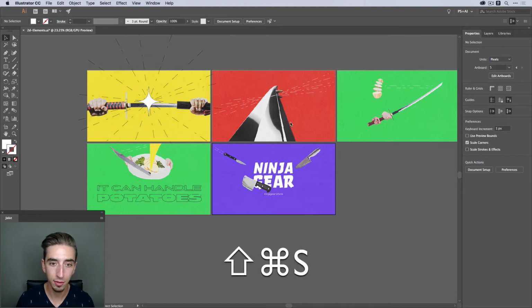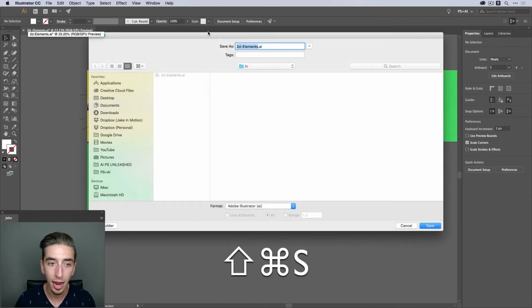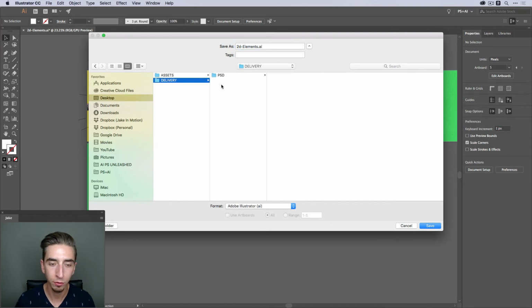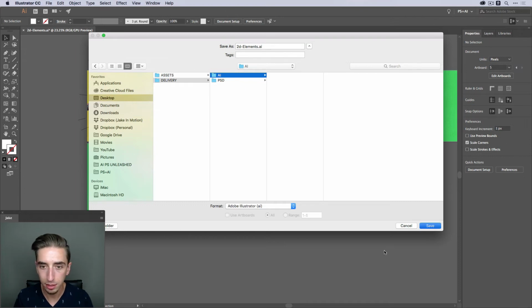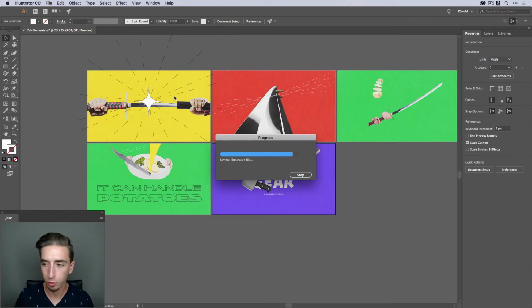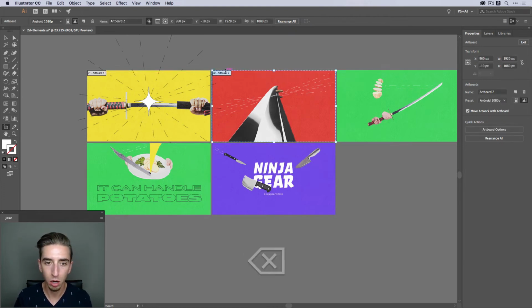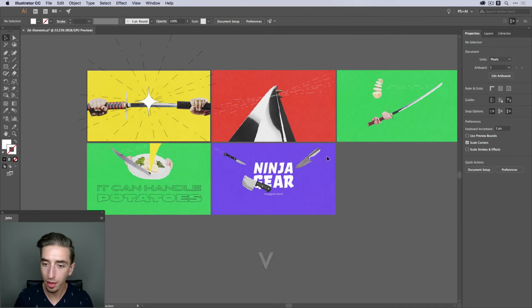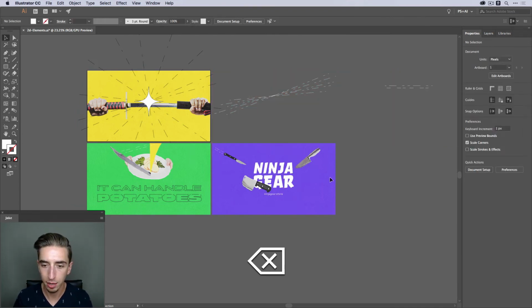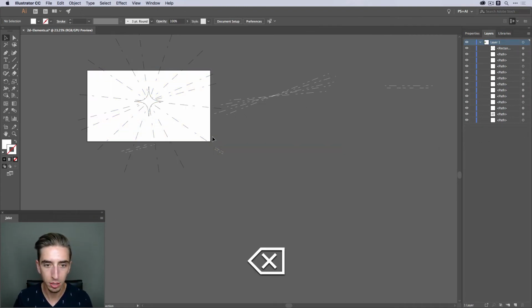So I'm first going to save this as a new file, save as, by pressing Command-Shift-S. And then put that on my desktop in the delivery folder, make an Illustrator folder, and call it 2D Elements. That's fine. Click on Save, click OK, and then get rid of all the artboards except for the first one. So I'm going to go to Edit Artboards, and on each one of these, click on it and press the Delete key. And that will remove those artboards so that I'm left with just the one. And then I want to get rid of all of these reference images. So I'm going to make sure everything's unlocked, and get rid of those reference images, and I'm left with all